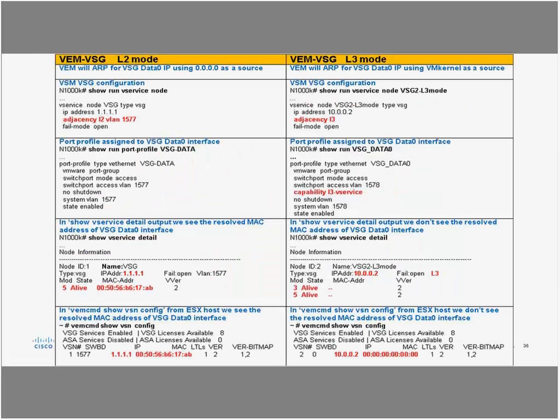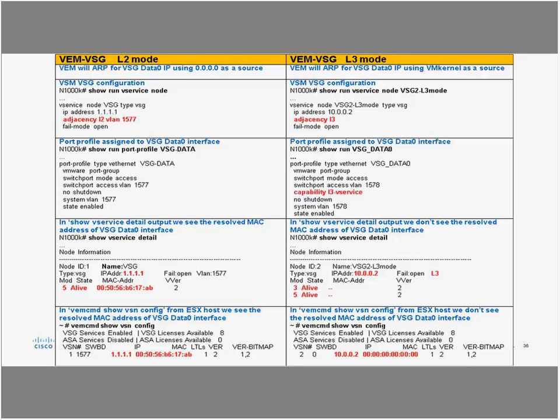You can deploy the VSG in two modes, just like how you can deploy VSM in two modes, layer 2 and layer 3. Layer 2 is simple to install, but sometimes it's difficult to troubleshoot issues when the modules are not working properly. Layer 3 mode gives you the flexibility to be on a different subnet rather than having everything on the same VLAN, just to eliminate further broadcast.